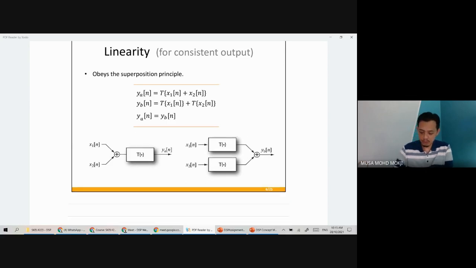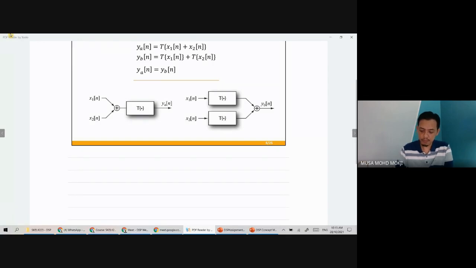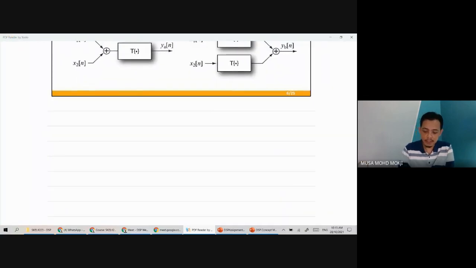Still remember, so we have 2 things. When you have a signal, a discrete time signal,